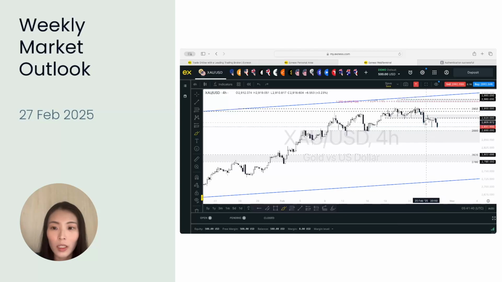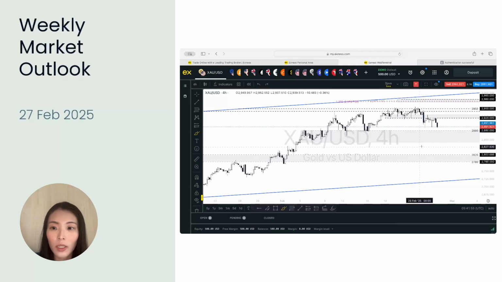We're just seeing that consolidation. I want to see a clear break and close below this, and ideally price to form something like that, right? So if price continues the lower move, so bearish market structure in forms of lower lows and lower highs, and also a break below this 2880 support, then